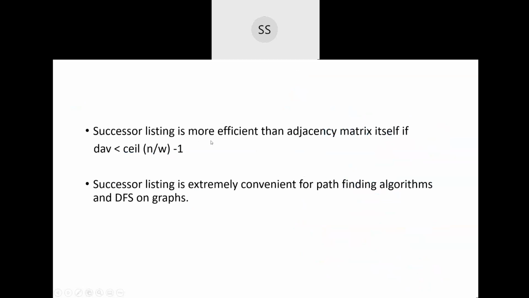Now, successor listing is considered to be more efficient than the adjacency matrix itself if this particular condition is satisfied. That is, your average degree of vertices is less than the ceil of n by w minus 1. If this condition is satisfied, then we say that the successor listing is more efficient than your adjacency matrix. Now, where do you use your successor listing? It can be used for path finding algorithms, and it can also be used for your DFS. It is used for path finding algorithms as well as depth first search algorithms. Okay. The traversal algorithms,